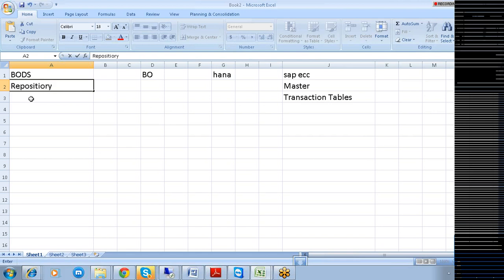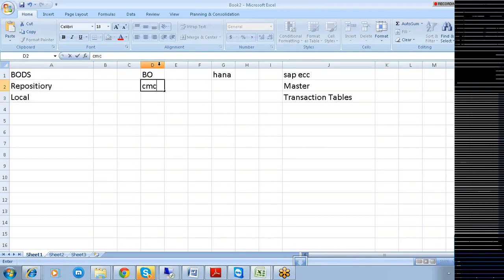The type of repository you need to create here is a local repository. Today we are going to create a repository within BODS and then make sure that repository is registered within Business Objects CMC.